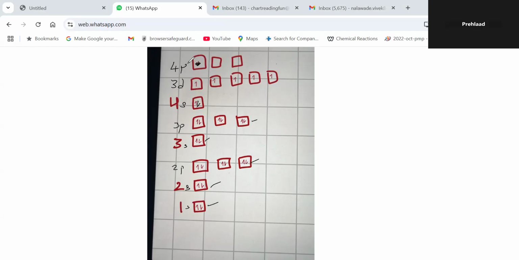And the same thing for 3D. 3D will have 1, 1, 1, until this is one level. After that, this state is called half filled. Half filled state is more stable. So you will give one electron in each, and only then will you start pairing. Does that make sense?